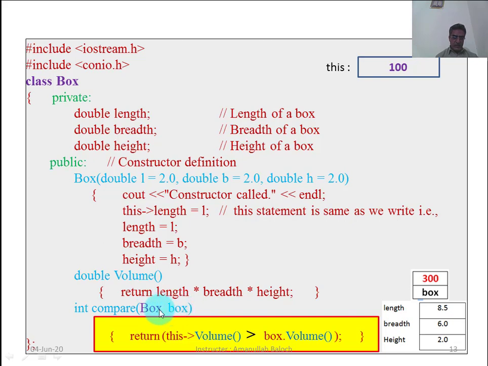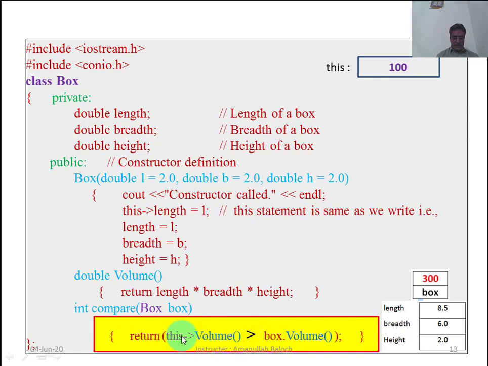This box is the class name, and this is the object box. This object box has its own address 300 and class members length, breadth and height. So the box 2 value is passed to this box object, and this box object will store those values in its memory: 8.5, 6.0, 2.0. These values actually belong to box 2, and now they have been stored here in the memory of the local object box.